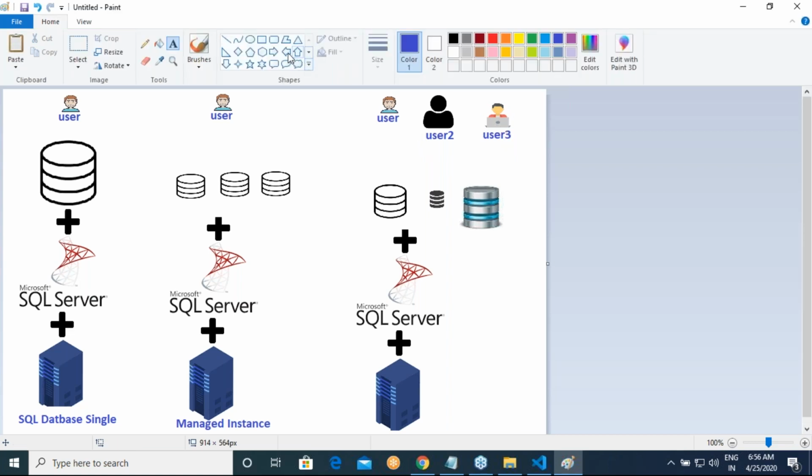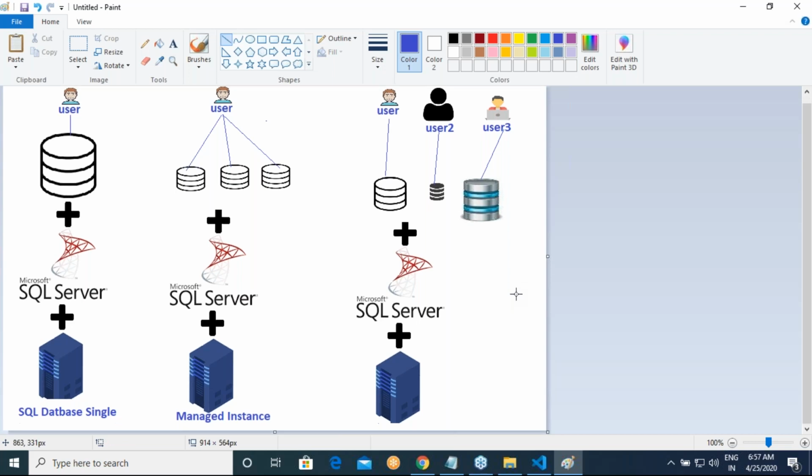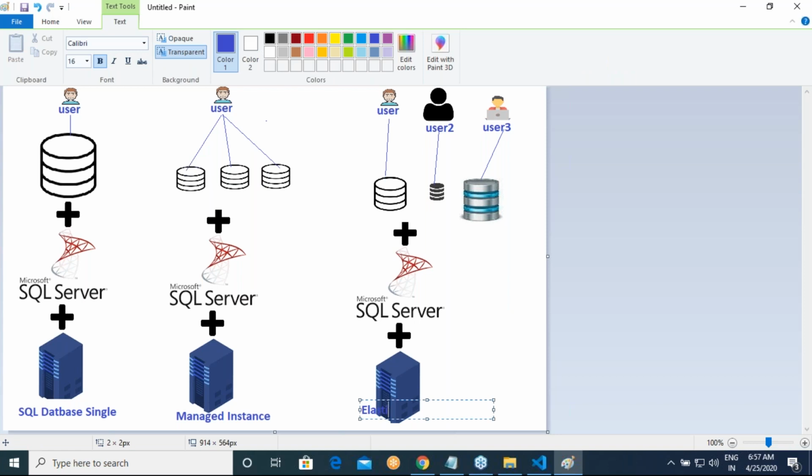That's it. So user one might be looking at this database, and so on. Here you are creating one server where the whole stuff looks at this. So this is the Elastic Pool.